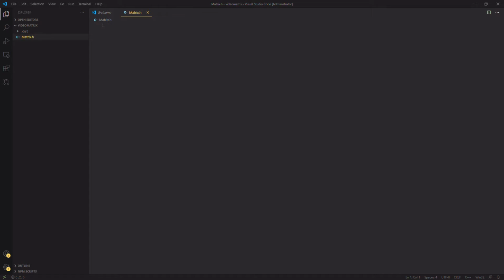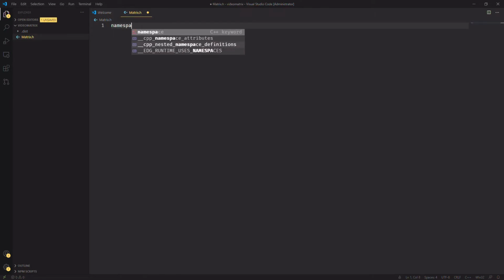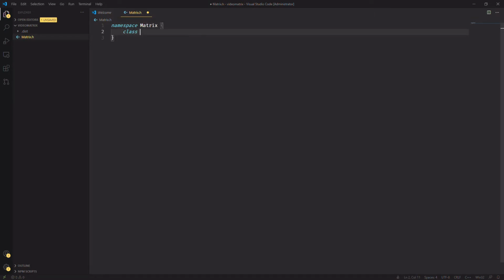in your header file. You want to declare it in your header file and then define it somewhere else. That's the standard practice, and that's what we're going to do. So in this header file, we're going to put everything in a namespace called matrix, and create a class called matrix. So remember, this class always has to terminate with a semicolon,